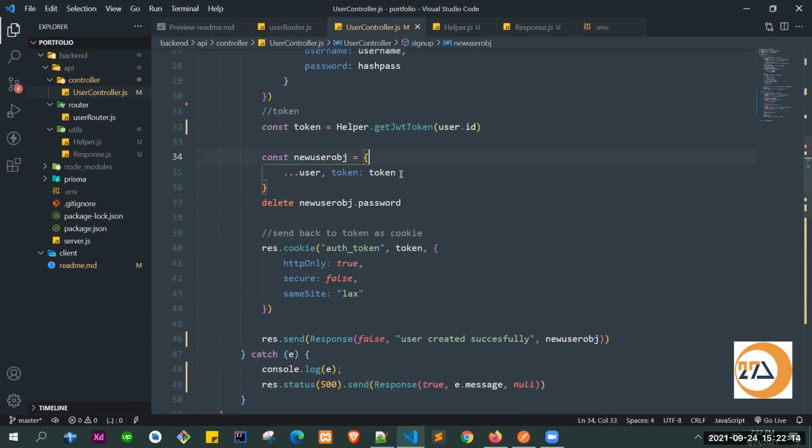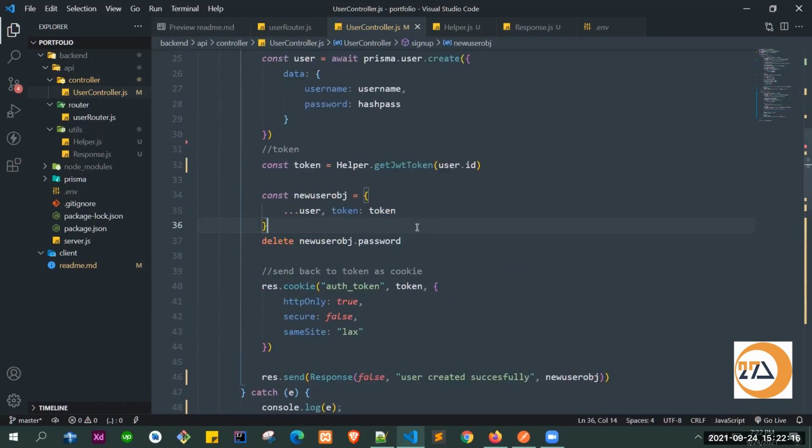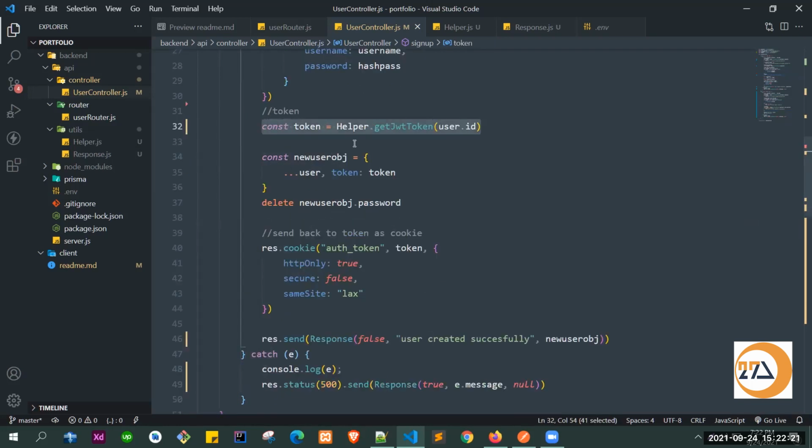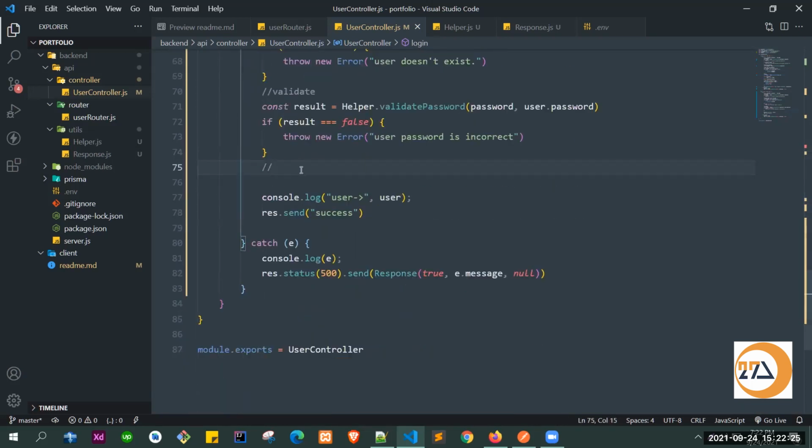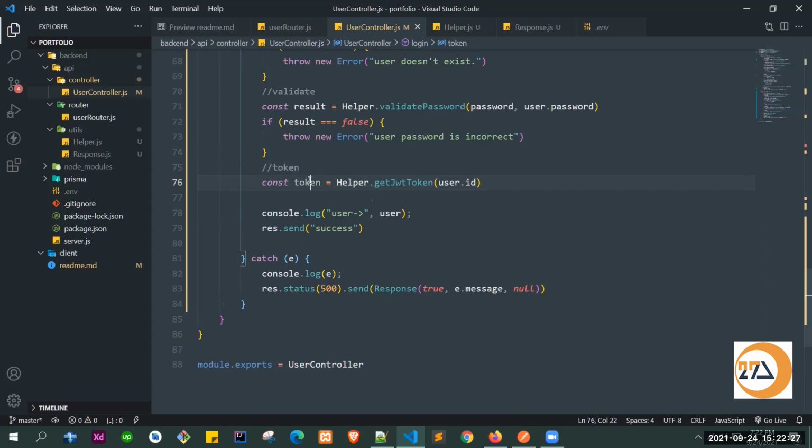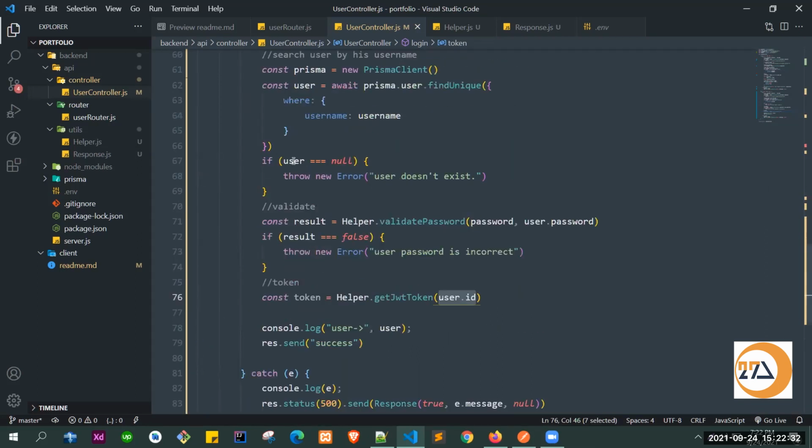So to get the token, we know how we will get a token. We can copy this thing. First, we will get a token. So we have got the token, and this user ID we are passing from this user object.